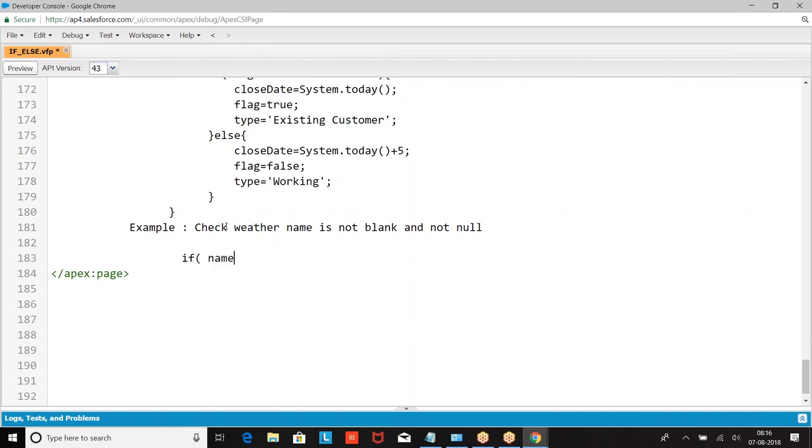If name not equal to blank, with empty single quotes, and name not equal to null. This is to check the blank, this is to check the null. Checking the blank and null is a very frequently used condition.